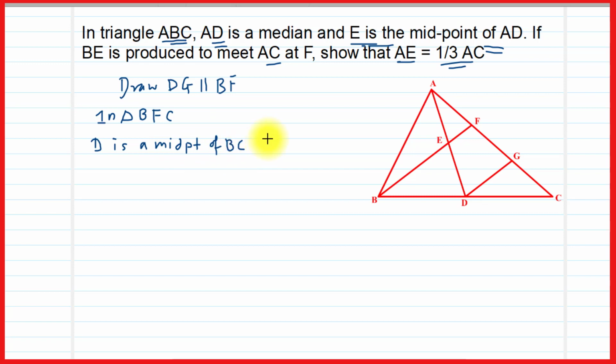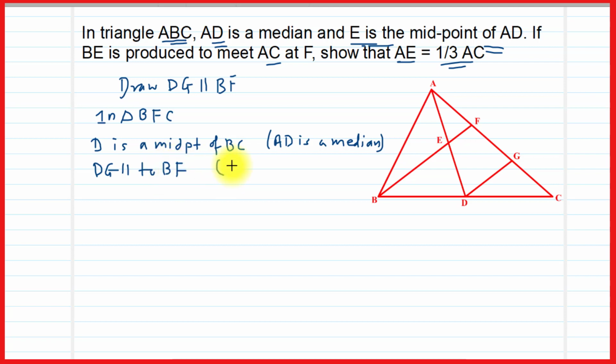Why is it the midpoint? Because AD is a median, it is given. And since D is the midpoint and DG is parallel to BF by construction,